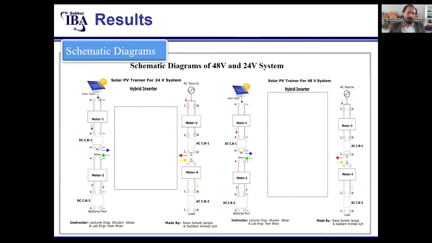The solar input is given to the inverter through the digital multimeter and DC circuit breaker. Here is the flow: this is a 1 kilowatt solar panel in which the output is given to the inverter. Then from inverter to battery, there is a digital multimeter and DC circuit breaker too.